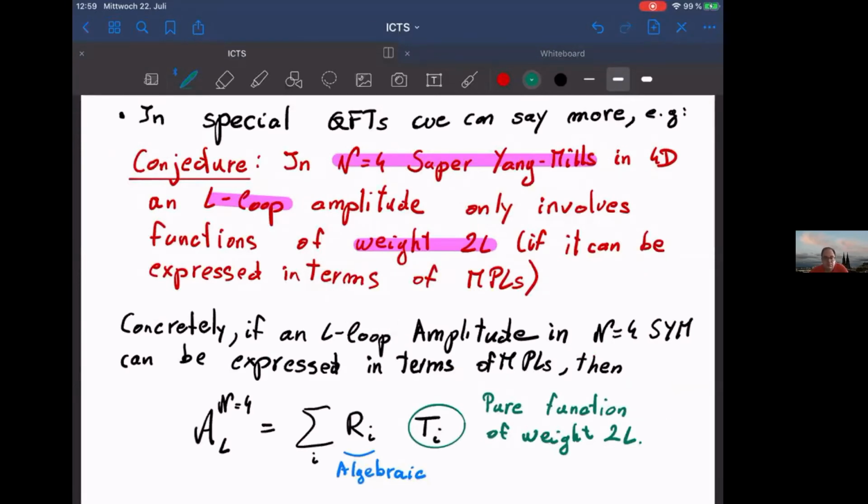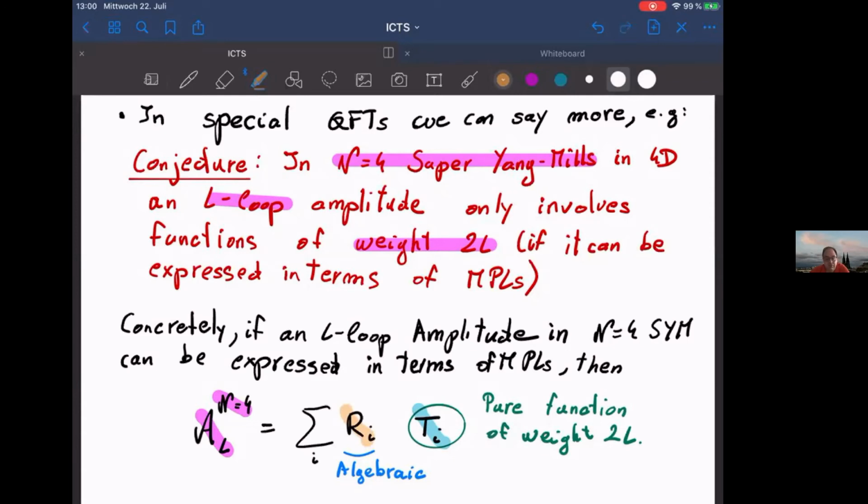So, more concretely, in N=4 super Yang-Mills, if you have an L loop amplitude, since it saturates the bound, and if it can be expressed in terms of polylogs, you can always write it in the following form. It's a sum of terms of some transcendental functions, which are actually pure functions of weight 2L. Pure function is a concept that we had defined some 20 minutes ago, which says that the derivative of this function only involves pure functions of weight 1 less and d logs. So an L loop amplitude in N=4 super Yang-Mills is a sum of terms which are pure functions of weight 2L